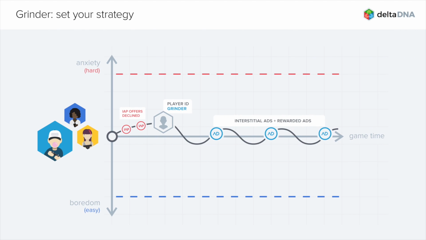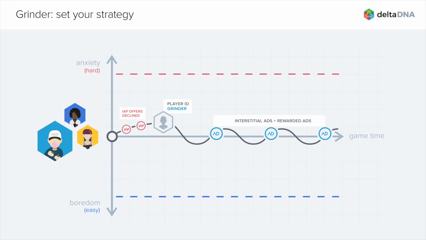Next example, thinking about our grinder segment. These are guys that we know are not going to be responsive to in-app purchase. We've made them a couple of neat offers at various stages relatively early in their gameplay. We don't want to make these offers too soon because we want to maximize engagement first. But maybe through session 3, 4, 5, we're starting to make targeted offers to these guys based on the